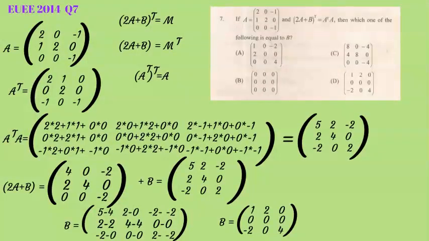A transpose of that transpose will give you back A. አንድ ማትሪክስን ትራንስፖዝ አድርጋችሁት መልሳችሁ ትራንስፖዝ ታደርጉት ራሱ A ይሰጣችኋል የሚለውን ማስተዋል ነው። እሱ መሰረት ነው ለዚህ ጥያቄ መመለስ።